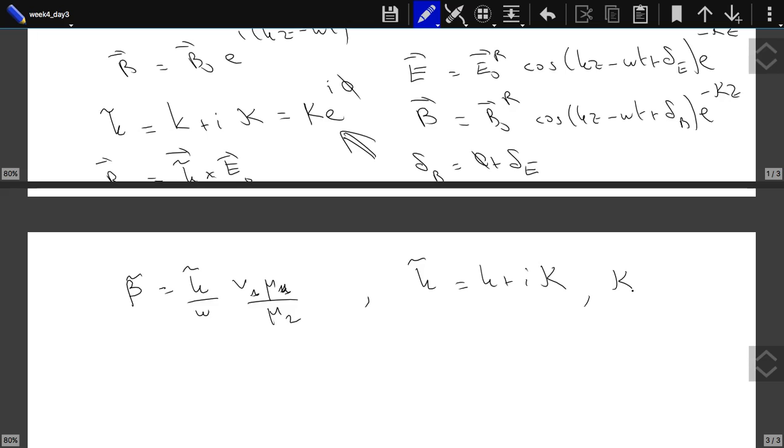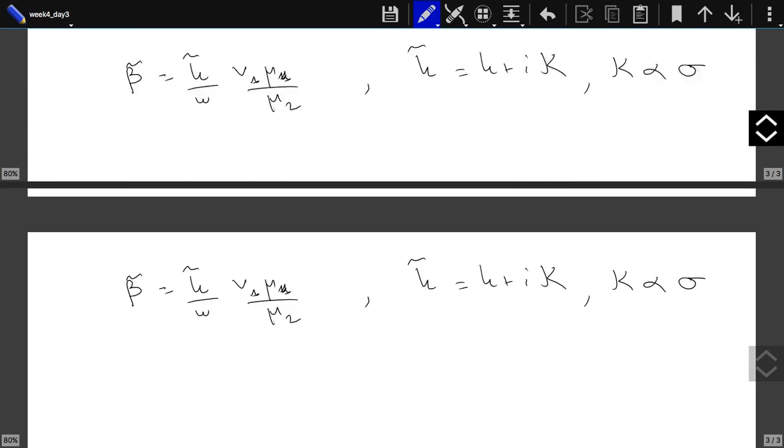And furthermore, kappa is proportional to sigma. You can just look up the explicit expressions. Let's say we are looking at a perfect conductor. A perfect conductor is one for which sigma is infinite. So k tilde is infinite complex. Beta tilde is infinite. So for a perfect conductor,